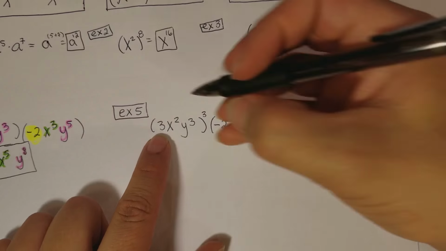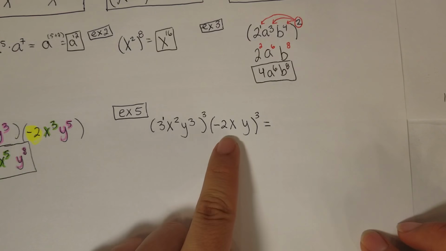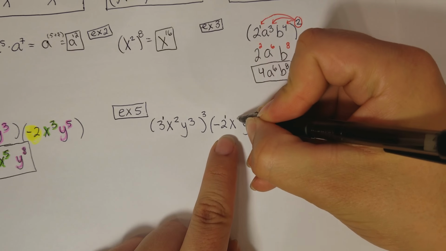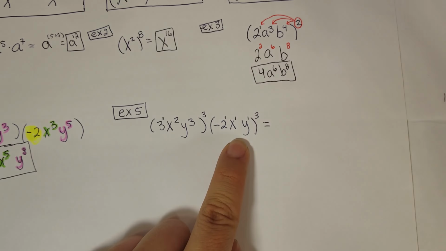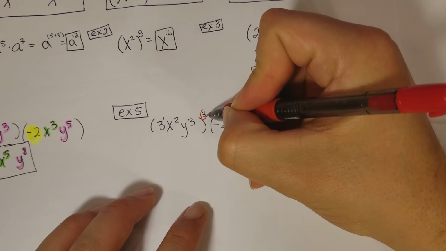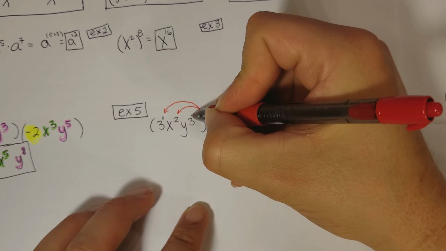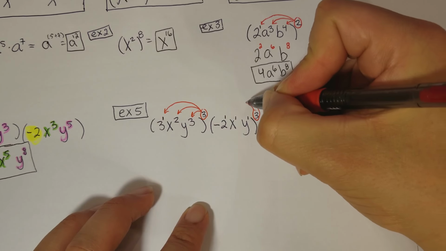So this is 3 to the power of 1, x to the power of 2, y to the power of 3. Here we have negative 2 to the power of 1, x to the power of 1, y to the power of 1, and then all that to the power of 3. So we're going to have two distributions. So this is where it starts to get a little more involved. You're going to have a little bit of extra space on your paper so you can do the distributive property